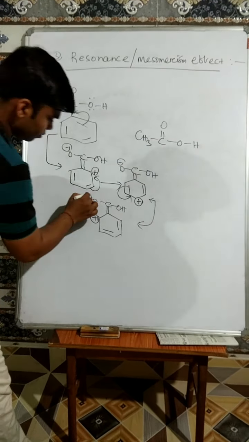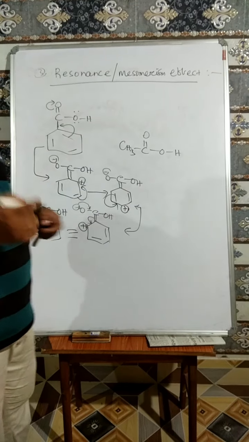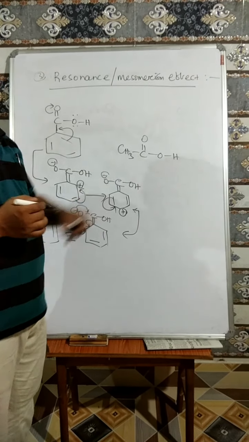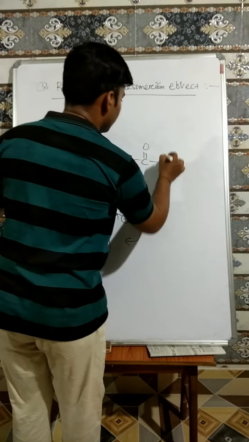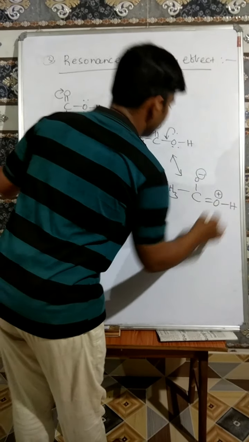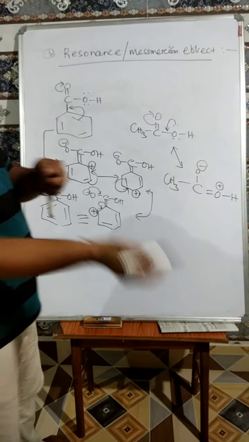So you see in case of benzoic acid we can obtain more than 3 resonating structures, but in case of acetic acid, we find just one resonating structure, and that can also be done here. This exactly we get: O negative, double bond O, H and plus. We get just this one resonating structure.